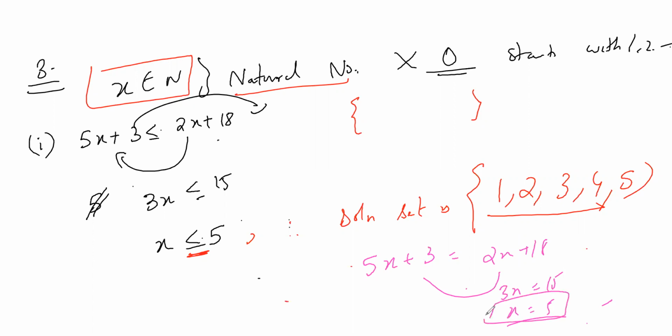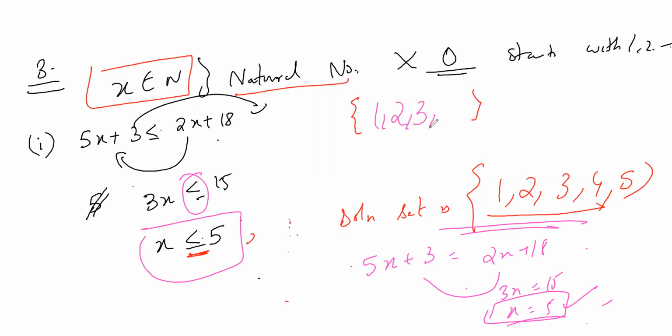But instead of x is equal to 5, here inequality is given, less than or equal to. I have to write in a set form. So instead of equal to 5, I got less than or equal to 5. So natural numbers will belong to 1, 2, 3, 4 and 5. If it is a whole number in the question, we will include 0 also. That's all. Very easy and well below the level. So this is the explanation for this part.